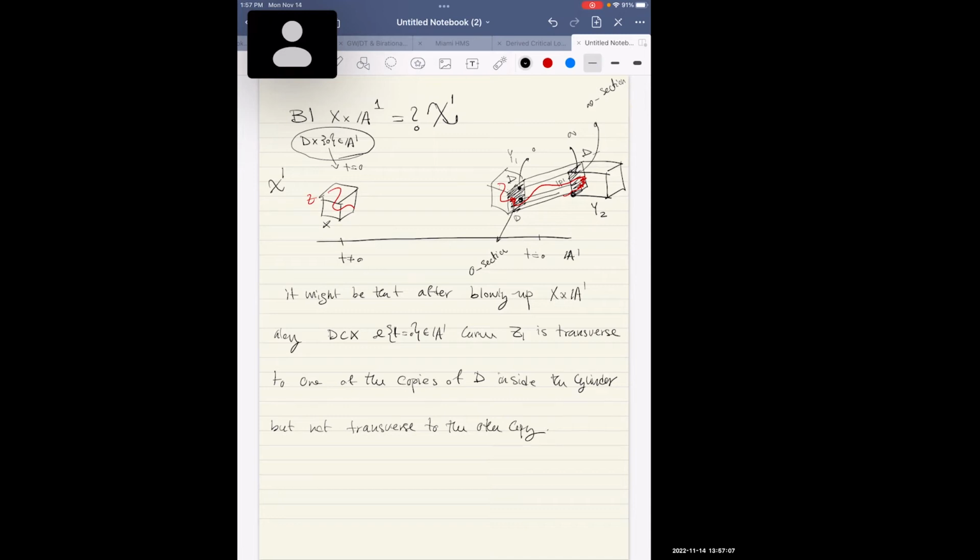Say in this case, the infinity section. If that happens, you blow it up again. If this is the case,